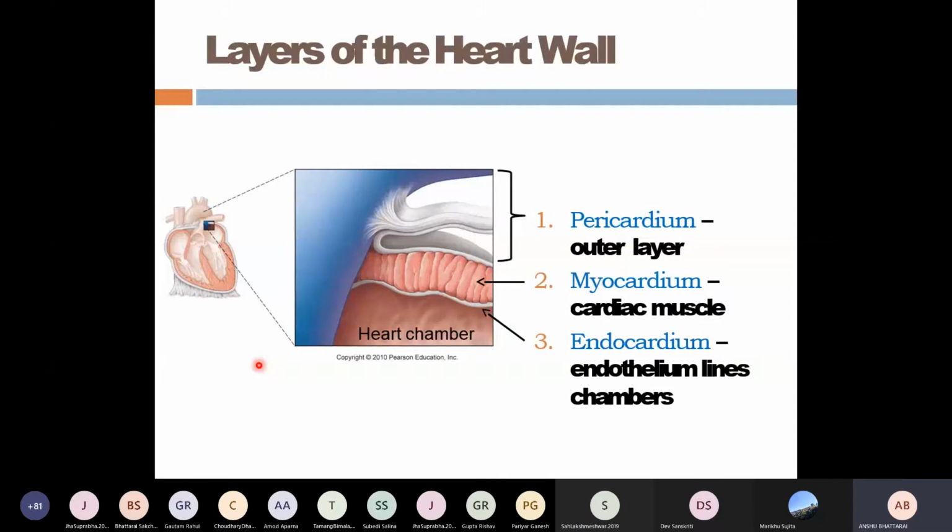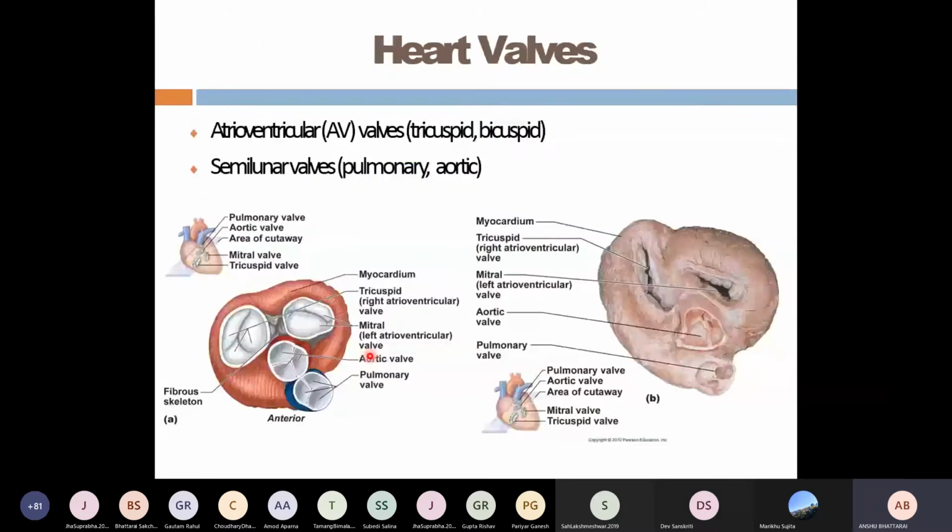So anyway, this is about the different layers of the heart, and you should also understand about the different heart valves. We have talked about the different chambers. Now I will elaborate about the different valves. Before talking about the valves, let me first talk about the fibrous skeleton of the heart. I don't know if you've studied this in anatomy, but I hope you can see in this picture, there is a fibrous skeleton present. The heart does not contain any bones, right? But all of the components of the entire heart are attached to a fibrous skeleton.